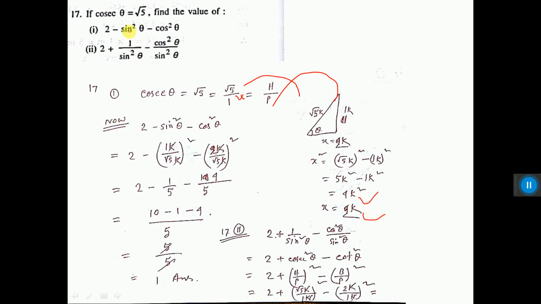So you take this first sum here, you copy it, and sine equals perpendicular by hypotenuse. This value you put, cos equals base by hypotenuse, you put, k already cancels. Root 5 whole square means 5, and 2 square means 4. So you take the LCM now. So 5 to the 10 coming here, then you do the calculation and this is the answer. Similarly 17 part 2, up to this I have done, and the next part you can do, that's why I did not do the answer part.